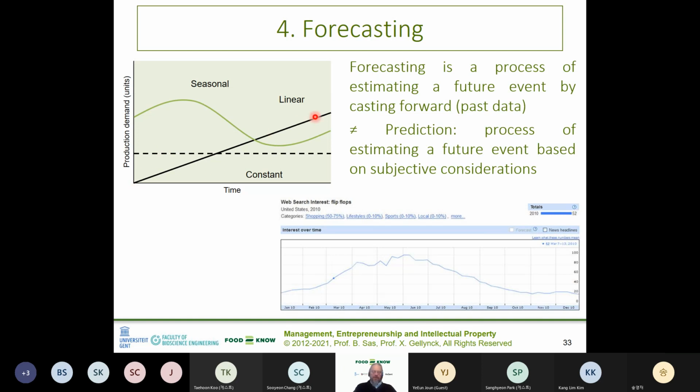You have linear increasing. So if you see here, you're increasing, you can cast forward past data and estimate that the demand will grow, and you have to adjust your production so you have increased amounts ready for